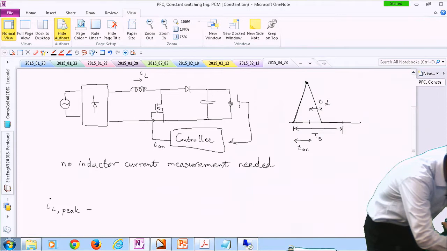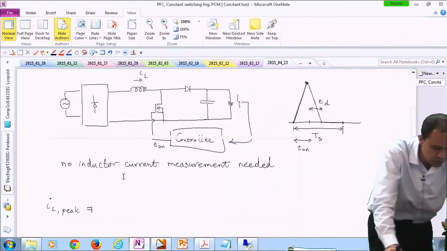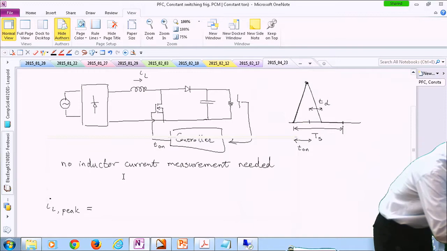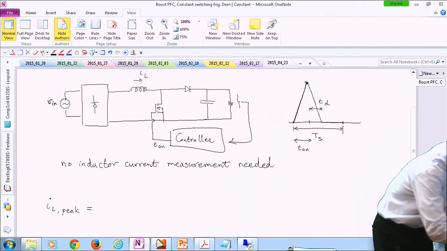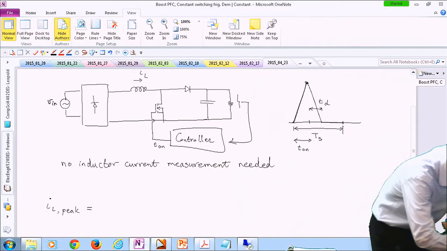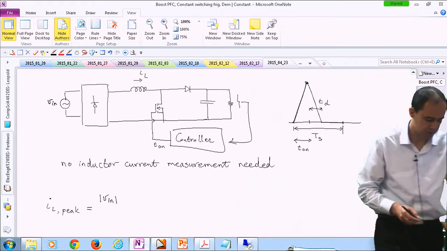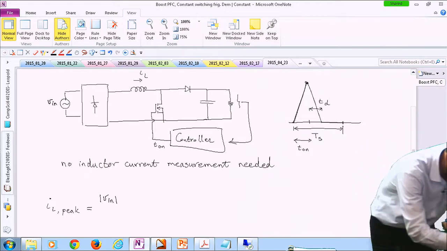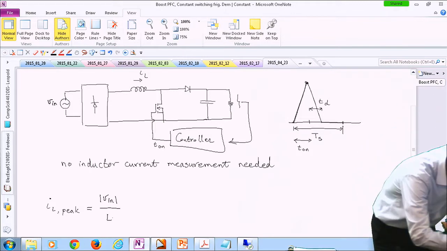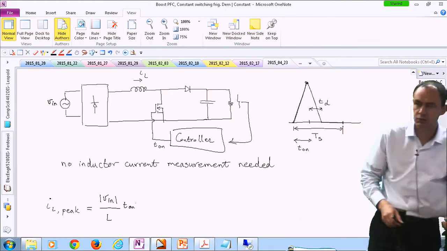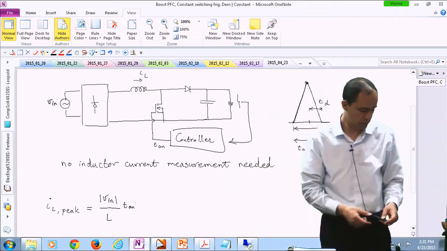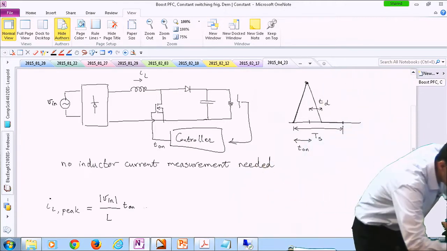So going back to the operation of the boost converter, remember when we turn the switch on, the input voltage is applied across the inductor. And so technically this gives us the rectified version of the input voltage divided by the value of the inductor times the duration that the inductor is on, which is kept constant, T on. And remember, the input voltage is sinusoidal, so it has a maximum value times